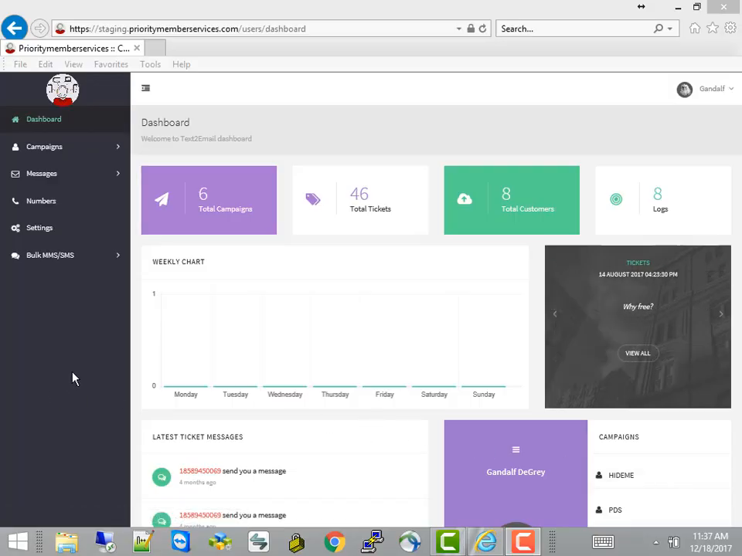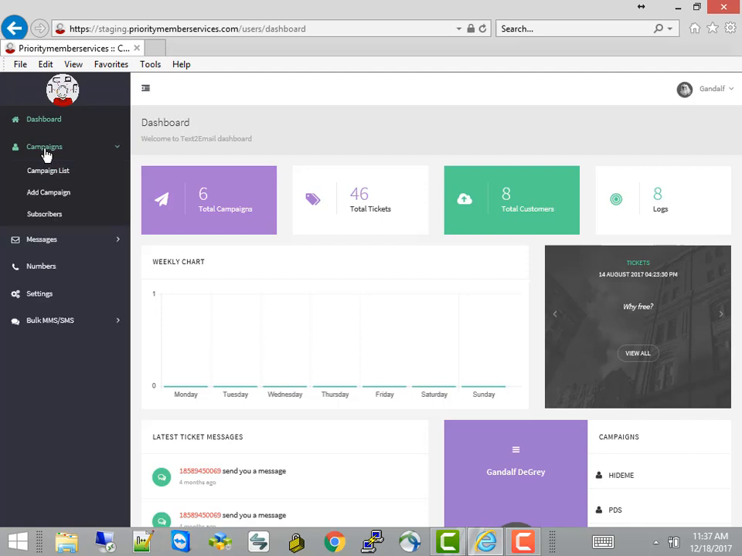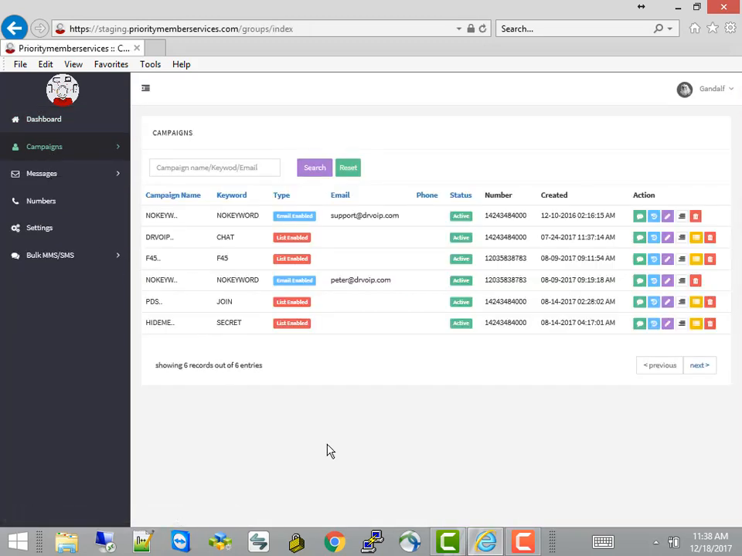Okay, from the dashboard, we can go to campaigns, and under campaigns, we can list our campaigns, we can add a campaign, and we can look at the subscribers that we have to a particular campaign. At this point, let's take a look at a list of campaigns so you can see how this is exposed. You've got your campaign name, your keyword associated with that campaign, the type of campaign, is it list enabled, is it SMS to text, is it a call center, the email associated with that campaign, whether it's active or not, the telephone number associated with the campaign,